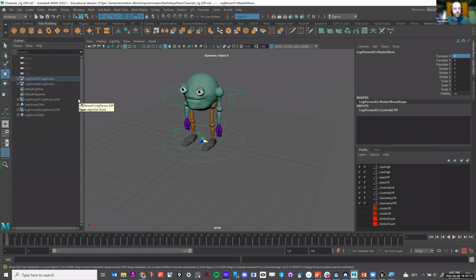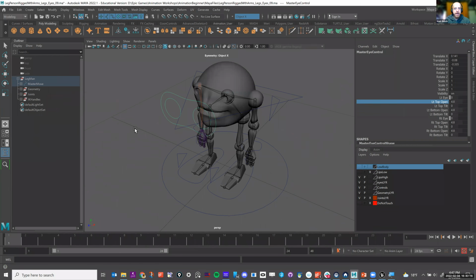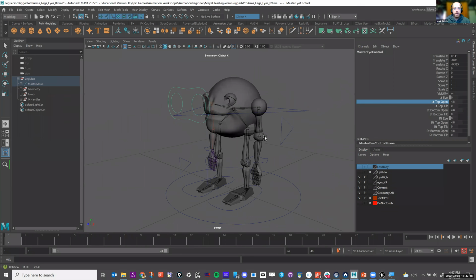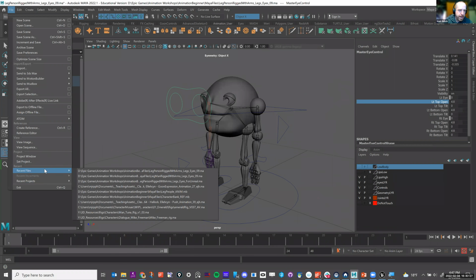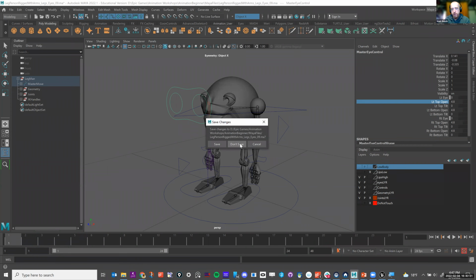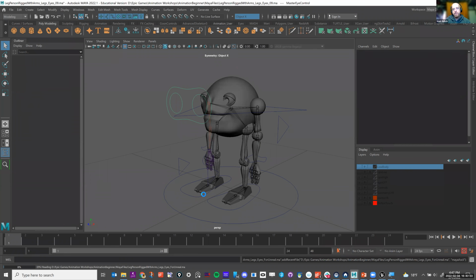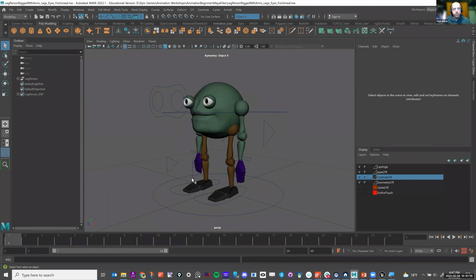Okay. One other thing that I forgot to make mention of is that in the rig, I'm going back to the original file. Actually, I'm going to open up my Unreal rig. So I'm just going back to the Unreal rig, the one that we just referenced in, but I'm looking at the rig itself. So this is just it originally by itself.